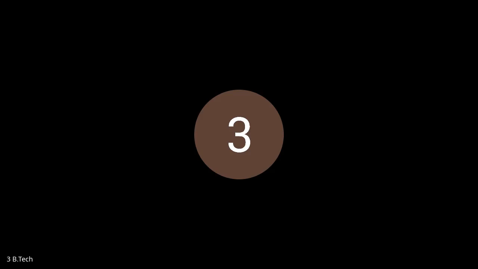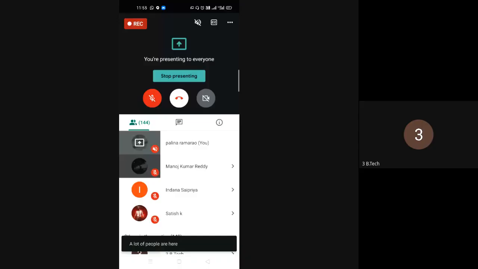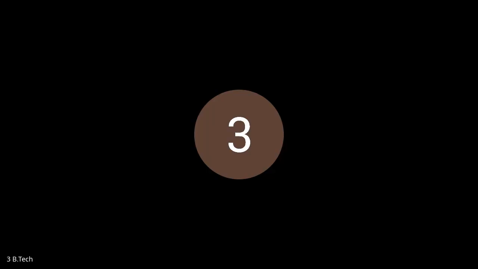If you consider only a single transistor here, how can I use this transistor as an amplifier? To use this transistor as an amplifier, what do we need to do? We should apply only a DC signal, that is nothing but VCC. VCC is direct, it is not an alternating source.